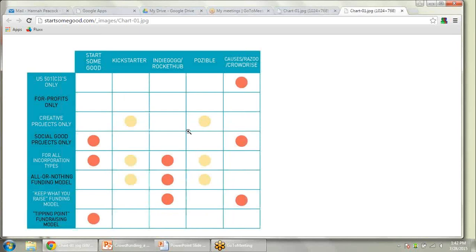Okay. Well, this is a link that at your leisure you can go and view some of the characteristics of some of the platforms, what they're designed to do and what they utilize. Some platforms are better for creative projects. Some of them are designed to promote social causes. Some of them are designed for for-profits, and this just gives you a breakdown of some of the things that these various platforms have.